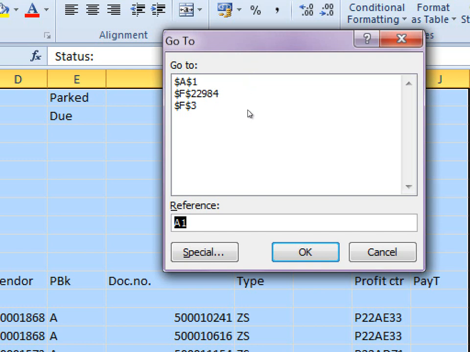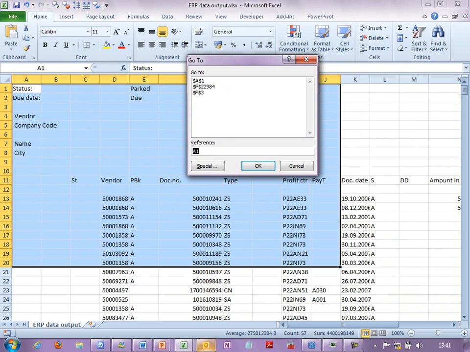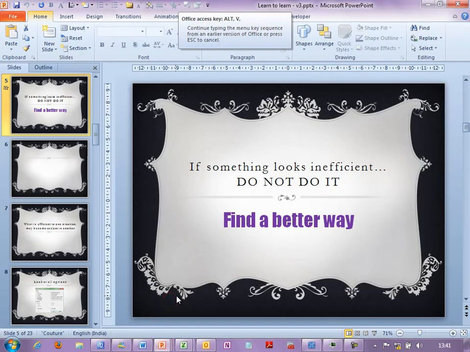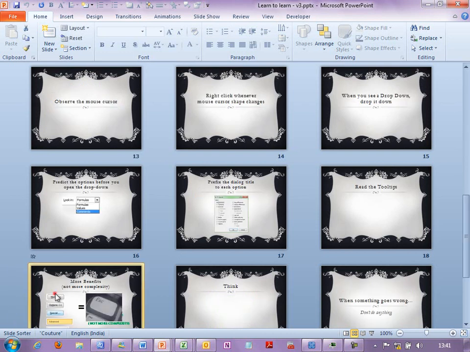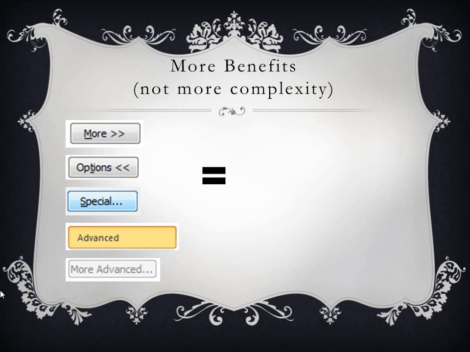So here is one best practice, again a method of learning to learn. I said we don't press the F1 key frequently enough. Correct? What is there on the other side of F1? What is the next key? Not F2, on the other side. On the left side of F1, what is the key? Very nice. So this is very commonly used.